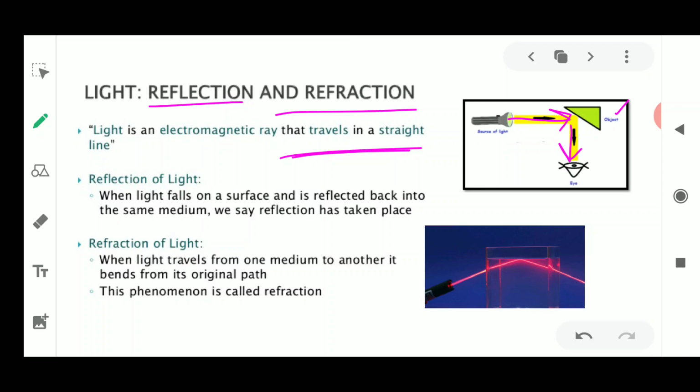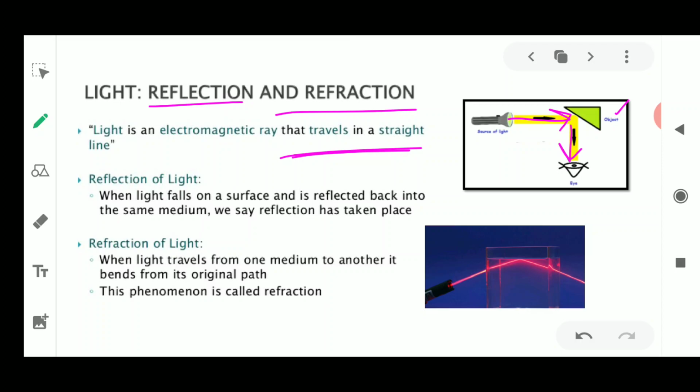Now next will be the opaque object. This is the object which helps us to see. How is it helping us to see things? All the light falling on these opaque objects is reflected, and once it is sent back from the object, we are able to perceive it and see, because we have eyes.